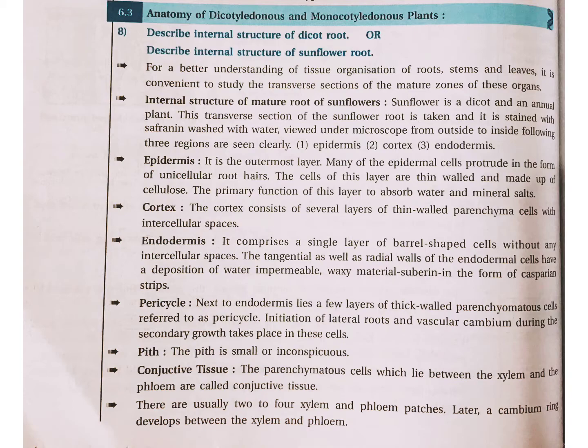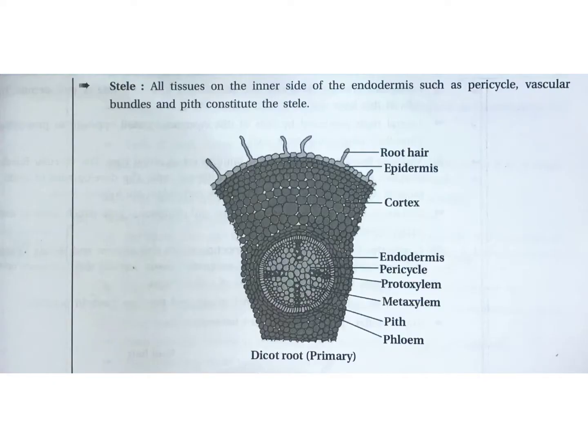Even the vascular tissue is remaining, that I have shown you in next slide. So last point will be always about vascular tissue. So this is stele. Stele includes all the parts which are inner towards endodermis. And this diagram, it is not clear in this particular slide, but you can draw from any of the books. But you should remember all these points and you should show all these explanation points, all these terms.